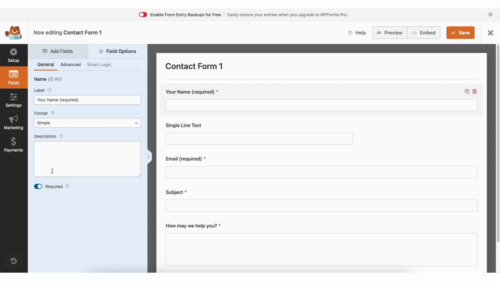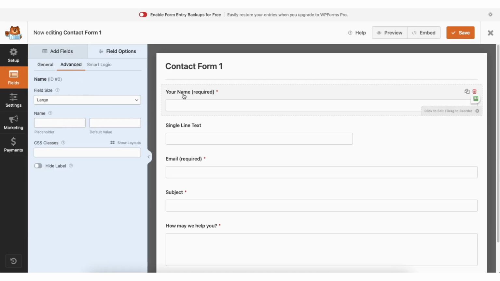If you click Advanced, you can click the part of the form you want to change, and you can select between the size of the form field for that area, and then change if you want anything to show in the form field where they input their information. Click Save to save changes. When you are done, click the X button.